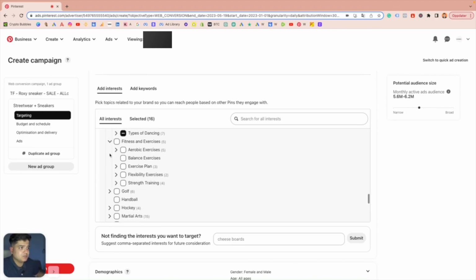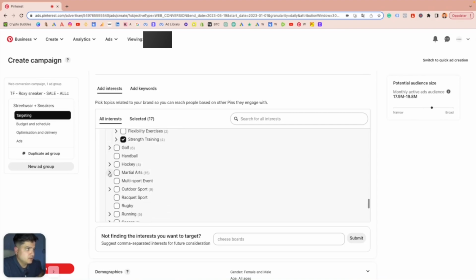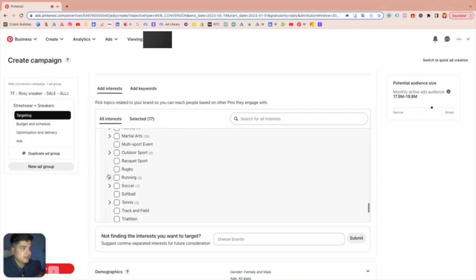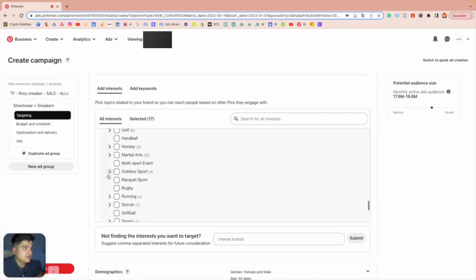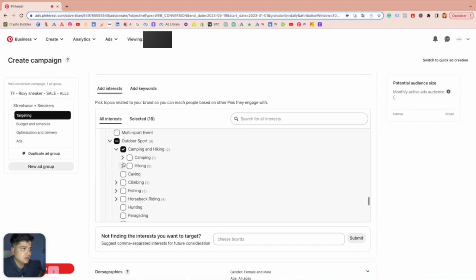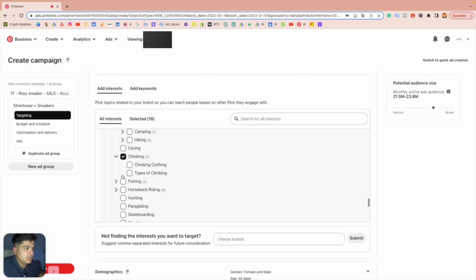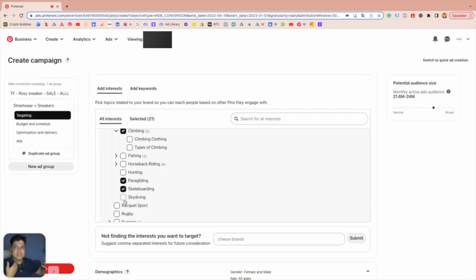Fitness and exercise. Are you training? Are you going to the gym? Are you liking to wear sneakers? They have it. Strength training, martial arts, maybe. Outdoor sports. People that are camping maybe like to use this type of sneakers. Climbing, paragliding, skateboarding. Now I'm just building very broad groups of the people that I think would be interested in